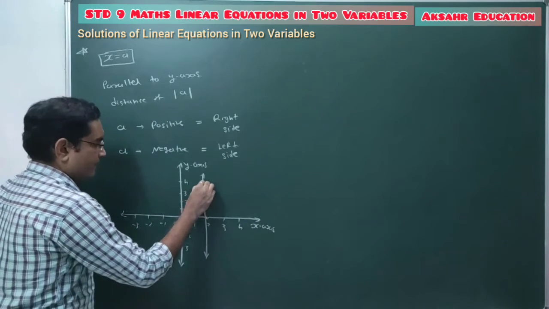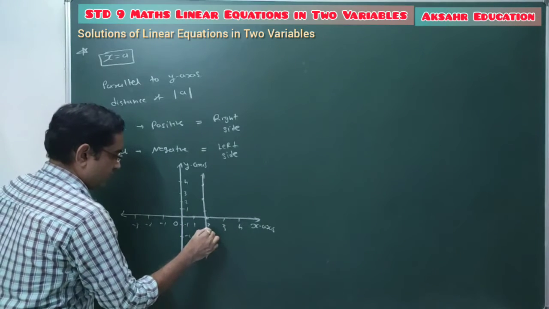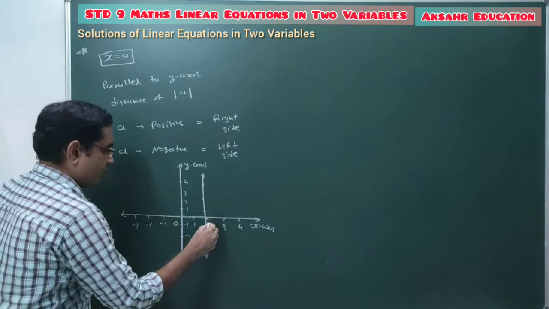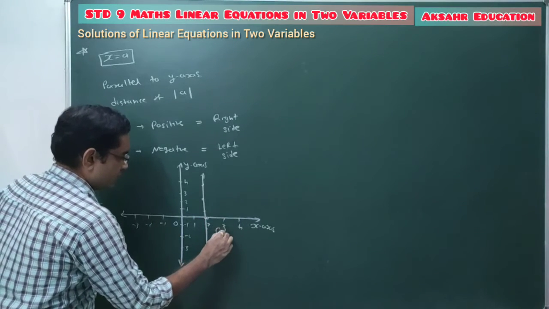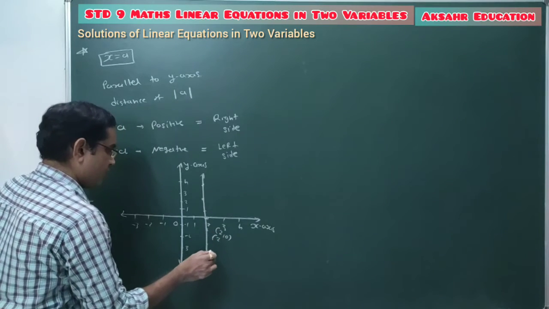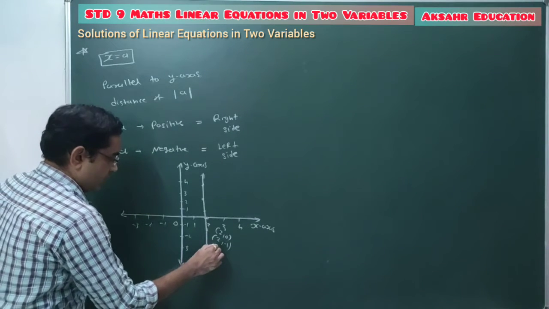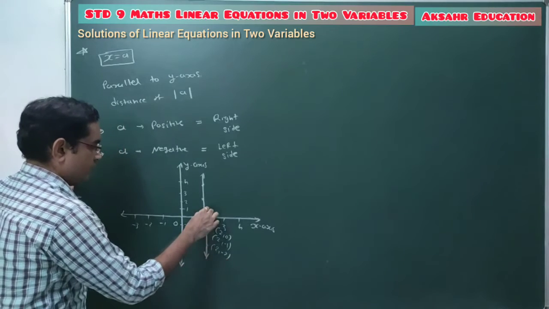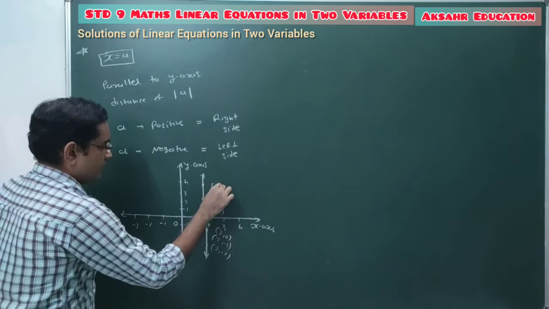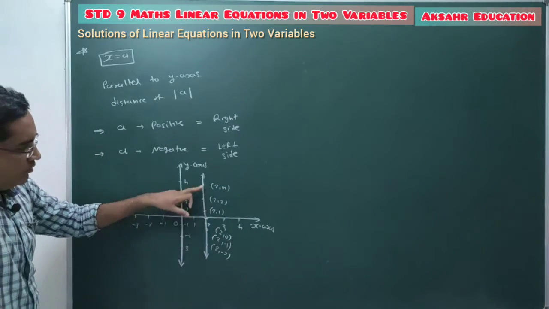Now consider the points on this line. This is one line, so write down the coordinates of the points on this line. So the coordinate of this point is (2, 0). Suppose one point is over here, so coordinate of this point is (2, -1). Here it's (2, -2). Here it's (2, 1). Here it's (2, 2). Here (2, 4). So these are the points which lie on this vertical line.